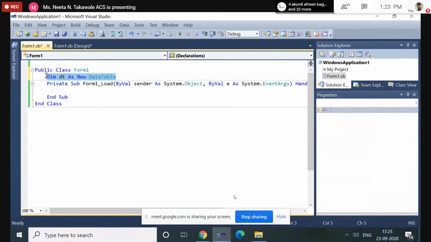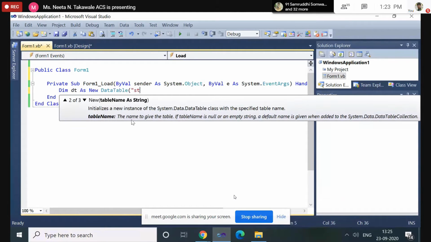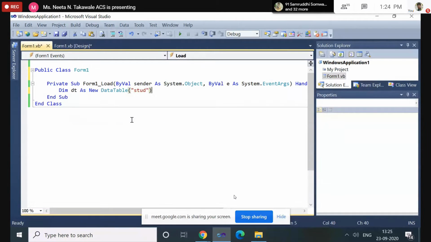I'm adding it inside the form load event. Now remember, if you want to create the table, you have to specify the table name. So here I'm specifying the table name as student.